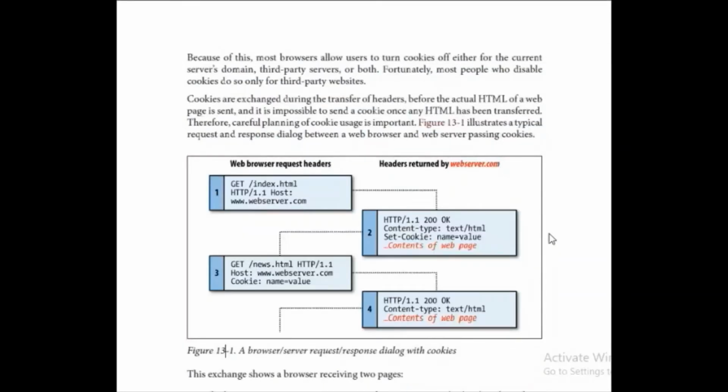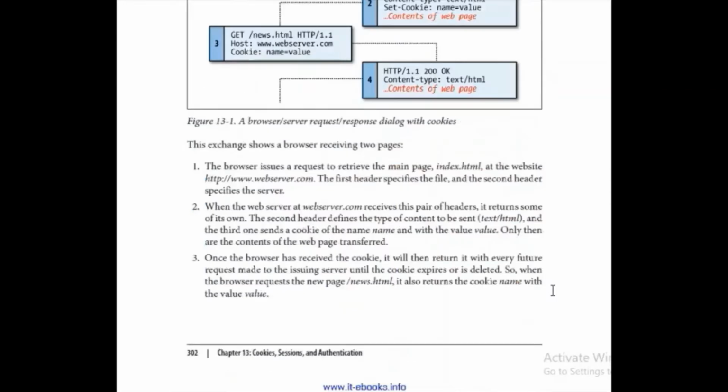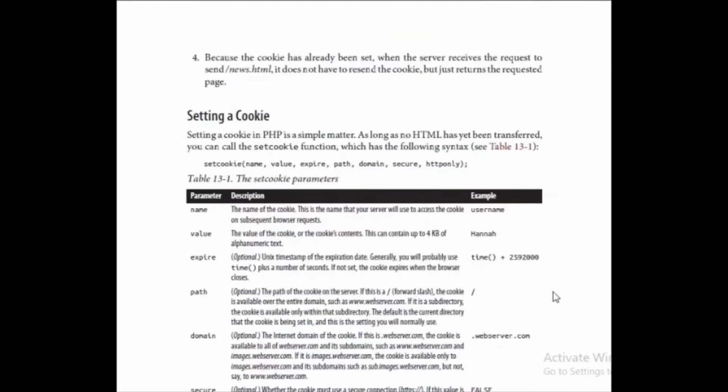So how does it basically work? This is the web browser, then the web server returns headers right here. These are the content of the web page, and then finally when the page is loaded, cookies are also saved. You see there are certain pages that give you a warning that cookies are being saved, so your information is being saved and tracked. Basically, you first have to set the cookie, then access the cookie, and finally you would have to close or destroy the cookie.